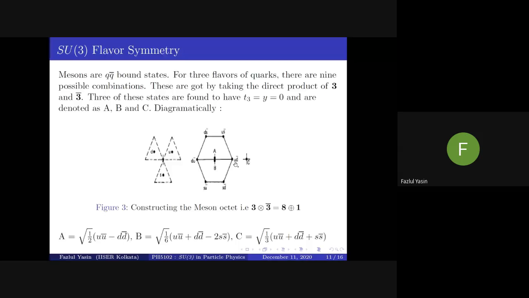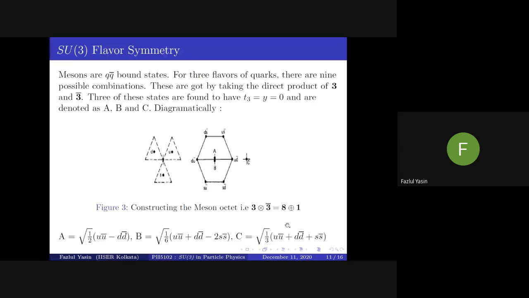So instead of u, d and s, we take r, g, b, and this gives us these 8 gluons: r g bar, r b bar, g b bar, and so on, and these are exactly the same as the meson octet. And there's also the corresponding singlet state, root over 1 by 3 (r r bar + g g bar + b b bar), but